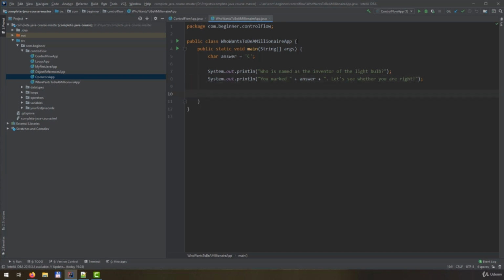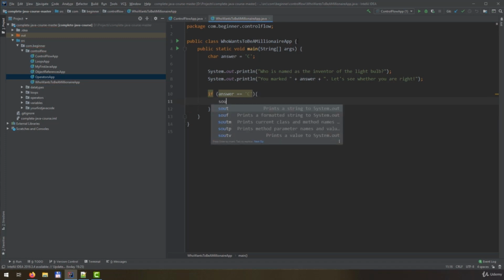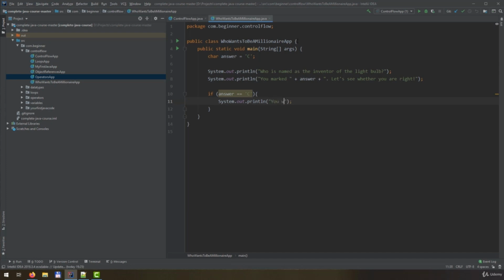Now the if statement: if answer equals single quotes C, curly braces, hit enter, System.out.println, double quotes, "You were right, you won $1",